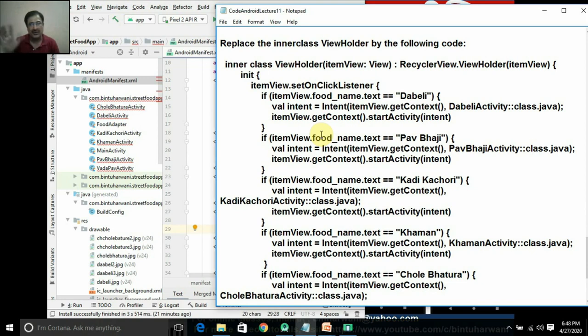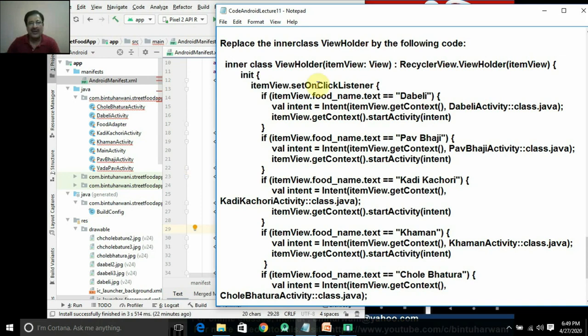We already understood in the 8th and 9th lectures that we are displaying all the street food through a recycler view, and in the recycler view we are showing each street food through a card view, and our card view is showing 3 components: food name as a title, food detail as the details of that street food, and the image view. And we understood that this card view is also known as the view holder, right? When you click on any street food, you can name it as a view holder, or you can also name it as an item view.